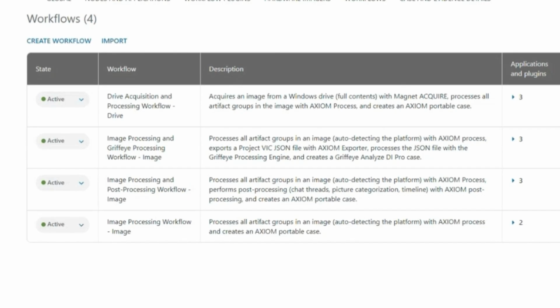So here you can see on this second workflow, we are processing all the artifact groups. We're auto-detecting the platform with Axiom Process. We're going to export a Project Vic JSON file with the Axiom Exporter, which then would process that JSON file with the GRIFI processing engine, creating a GRIFI Analyze DI Pro case that you can then just launch as soon